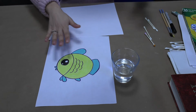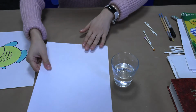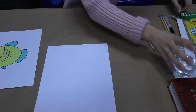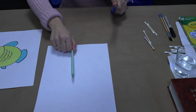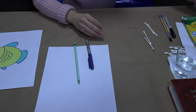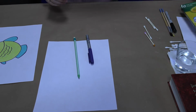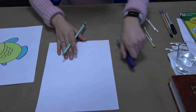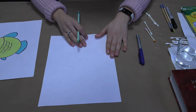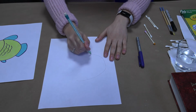Okay, now let's get started on drawing our fishy. So you need a blank piece of paper. You're going to need a pencil, maybe a marker to outline, something to color with. So again, you can use markers or you can use pencil crayons. Now, let's get started. The first thing you're going to do is draw a big circle in the middle of